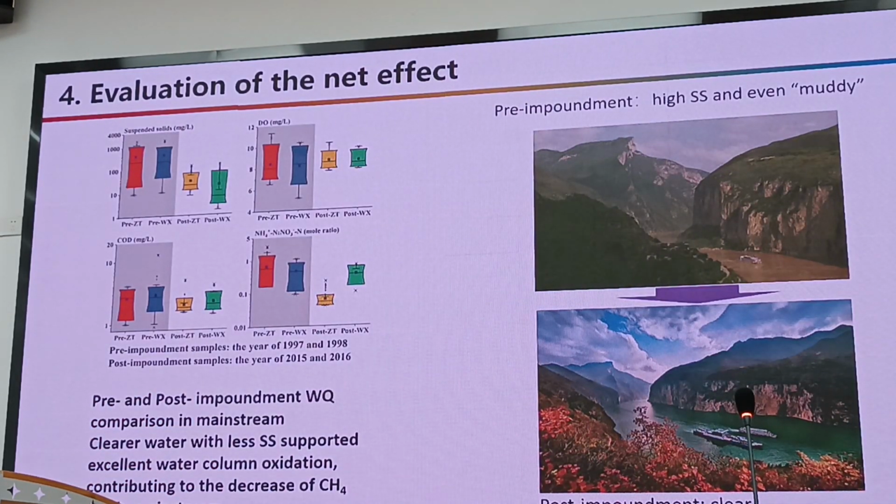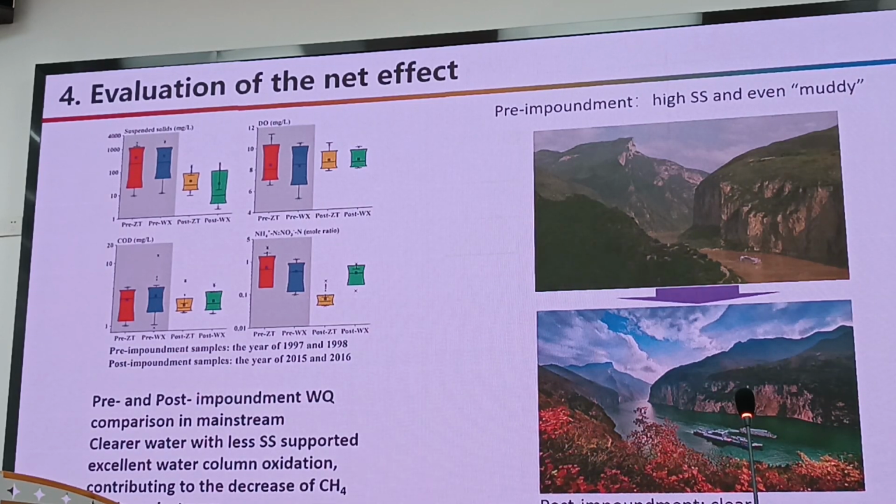As we try to evaluate like this, you will see this new picture. I think you already saw this one, the Peach Mountain. So you see this is before, and this is after. We make the comparison between some water quality parameters, and we see that right now it's cleaner. When the water gets clean, algae and primary production come out, and it can cause a change of carbon emission. And when it goes here, there is a lot of mud and sediment transport. So there are differences.